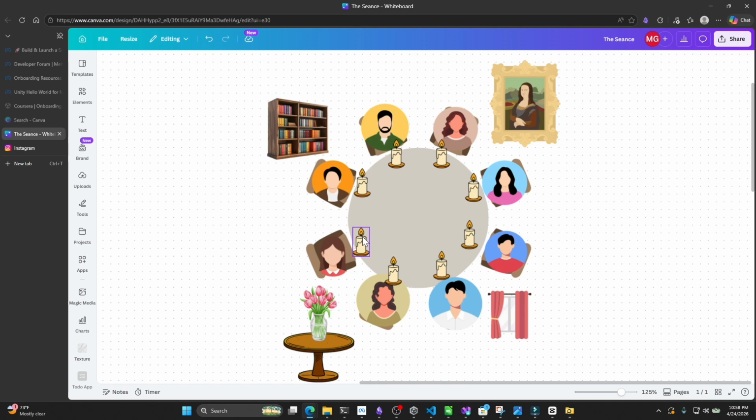At some point, there is going to be a voting round. During this time, they are going to have to hold the candle in front of them and point with the candle at the player that they think is the ghost. The purpose here is to avoid any type of menus, any type of buttons or anything that might break the